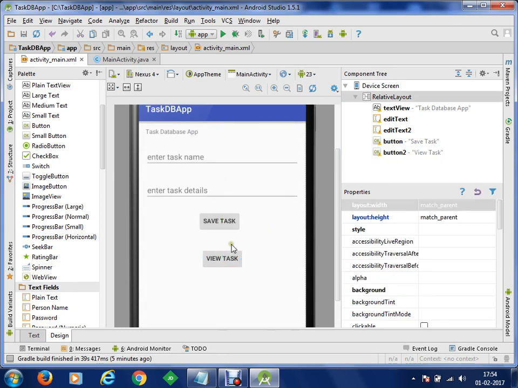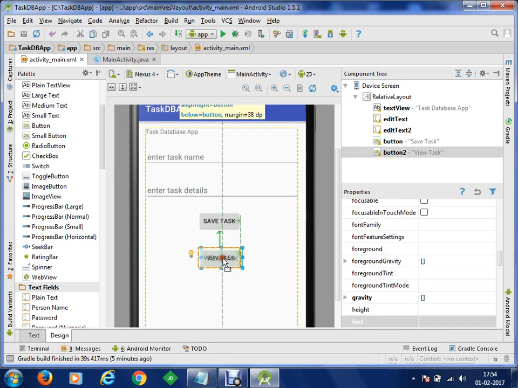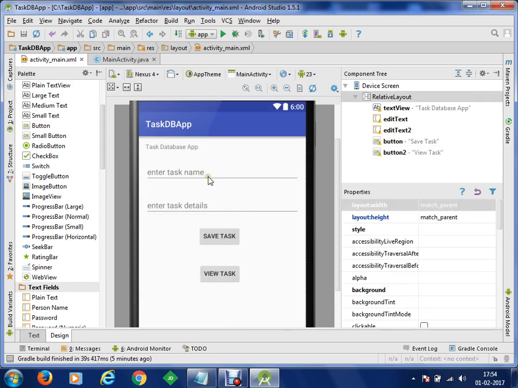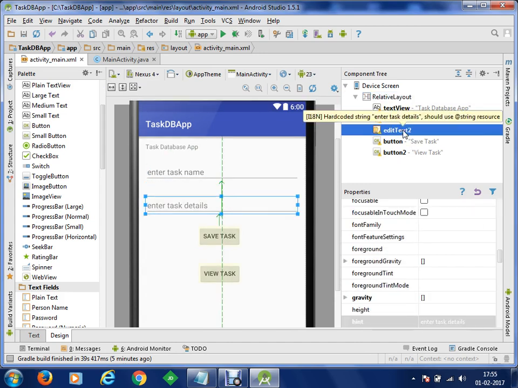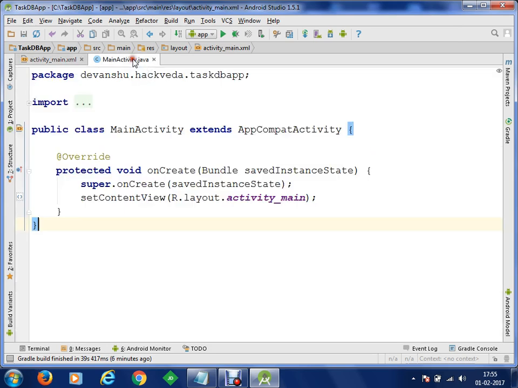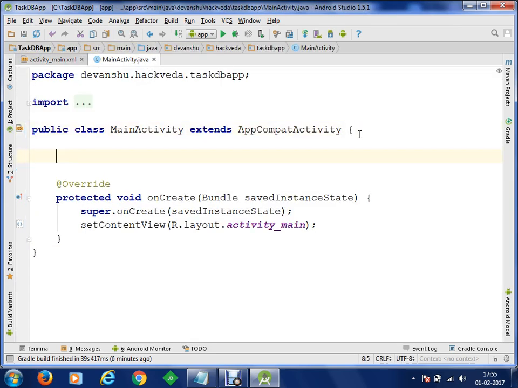So now we have got a simple application created, and this application is going to save data into the databases. Clear? So now in our current activity, we have two edit text controls to take input from the user and two button controls to save data into the database and read data from the database. We will switch to MainActivity.java, and here we are going to refer to our edit text and button controls. So first of all, we'll have an edit text control and we'll have two objects, et1 and et2.